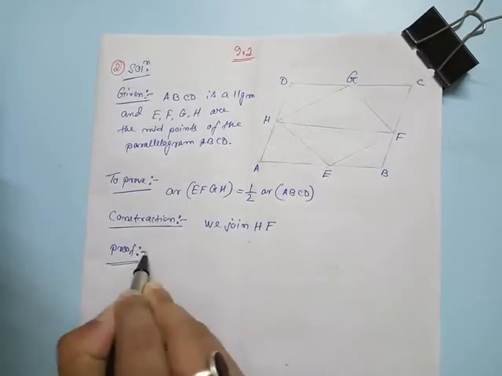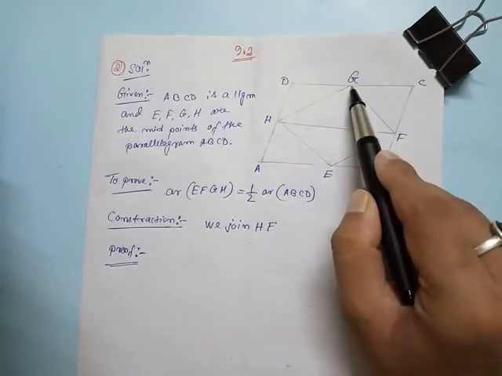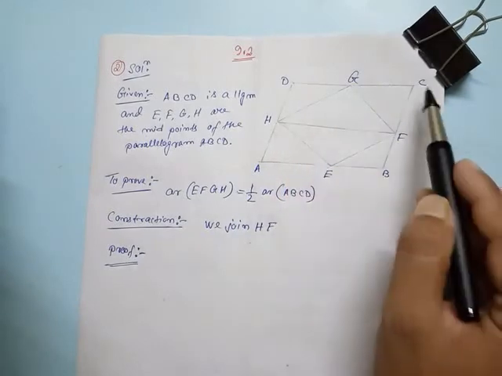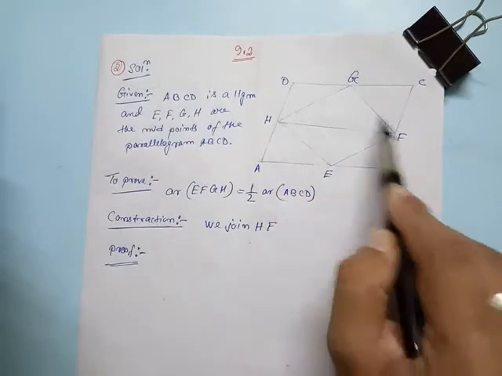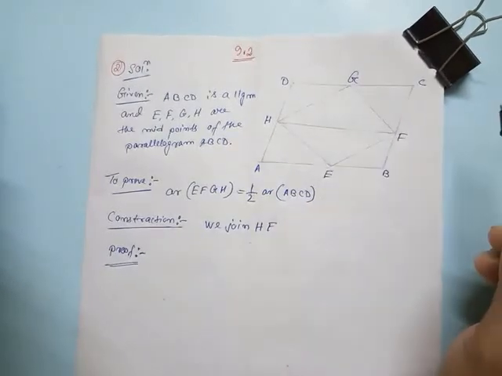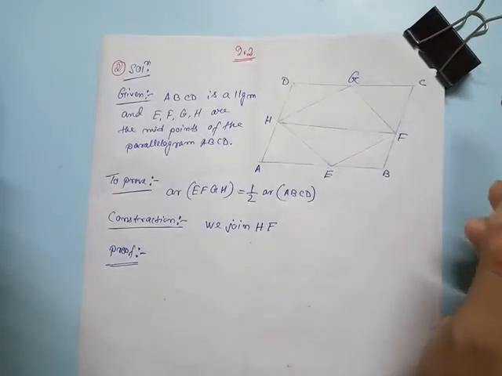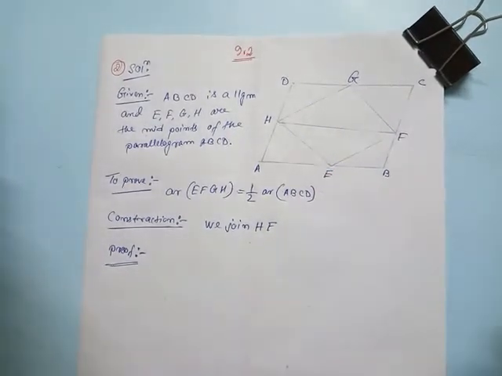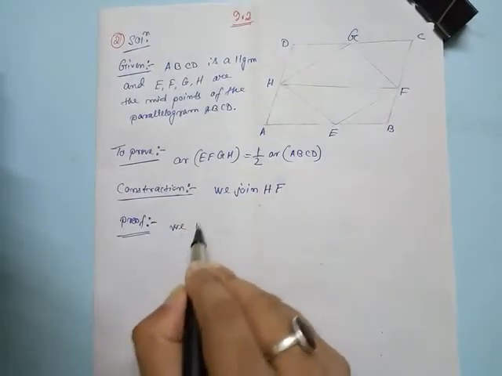Now look, after that, this is the first triangle HFG. Now look, parallelogram CDHF and triangle HFG are on the same base and between the same parallels. So area of triangle HFG equal half the area of CDHF. Now I will start from here first. Student, first I will write here, we know that